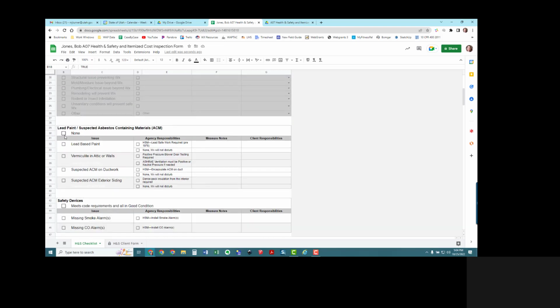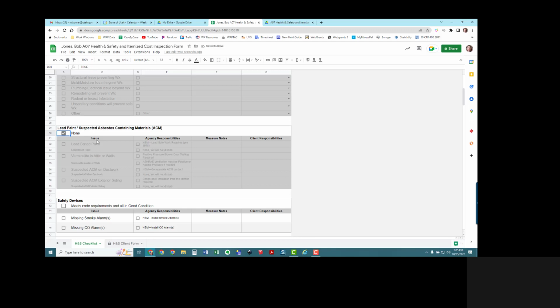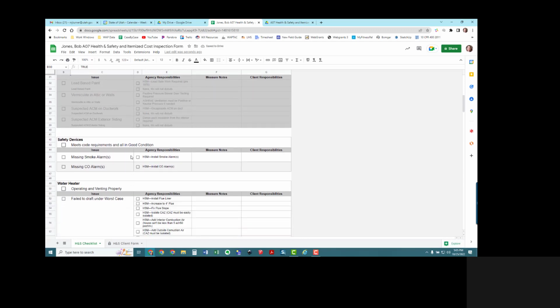Since this home was built in 1992 and we didn't see any suspected asbestos containing material, we'll indicate that there are no issues there,